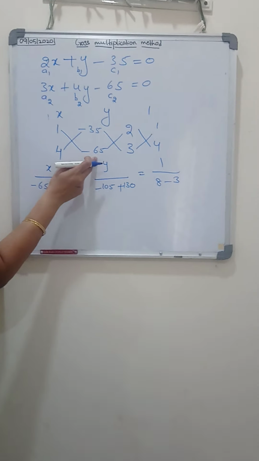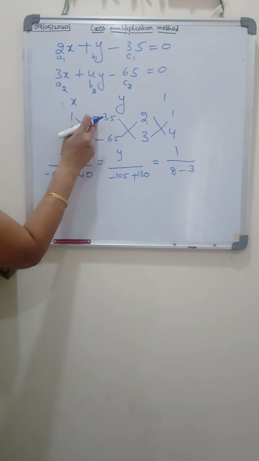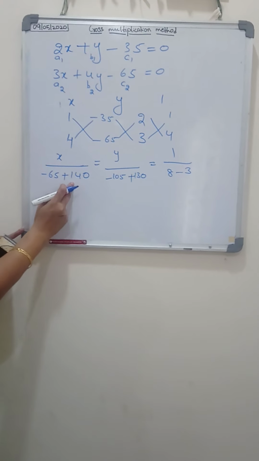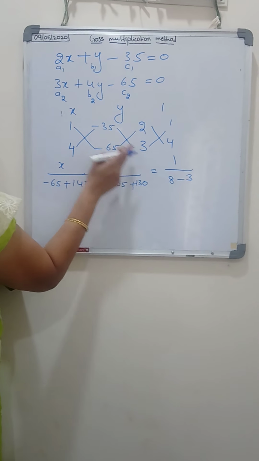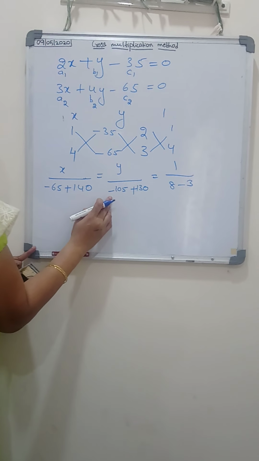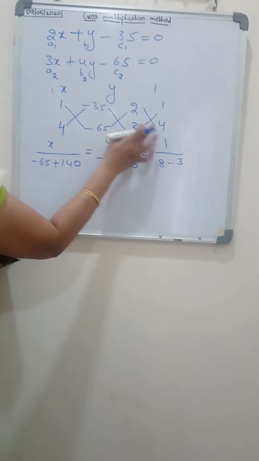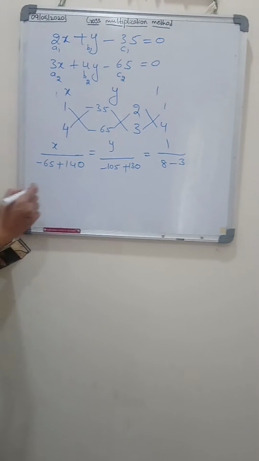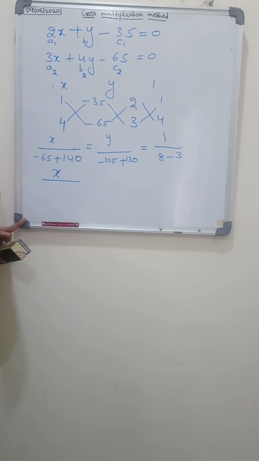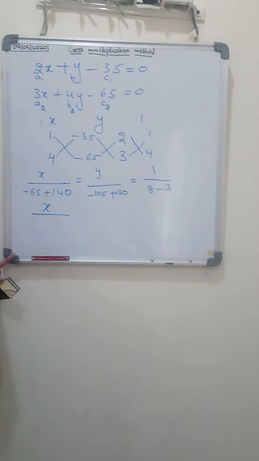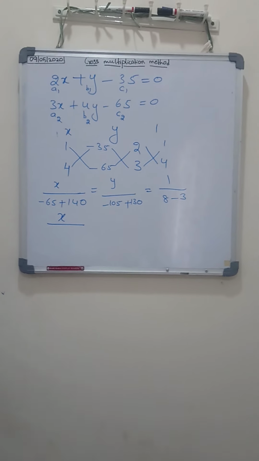1 into minus 65. Again the minus into this minus you will get plus 35 fours are 140. Next y by 35 into 3, minus 35 into 3 is minus 105, minus into minus plus 65 twos are 130. Next 2 fours are 8 minus 3, children. Now here x by 140 minus 65, how much, children? Difference of 140 and 65, you will get 75.